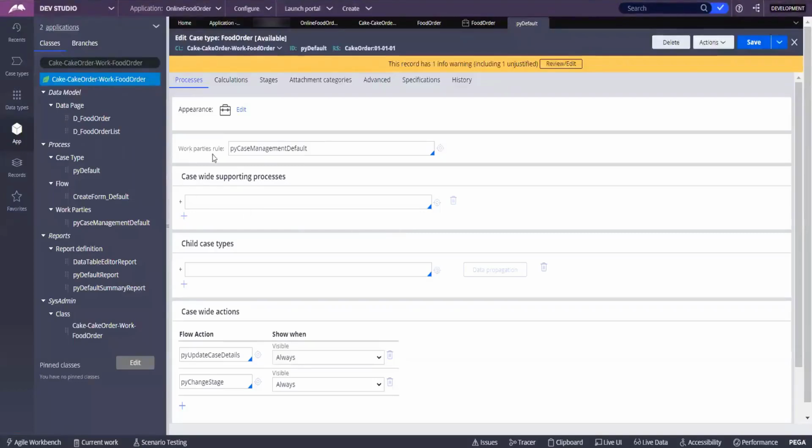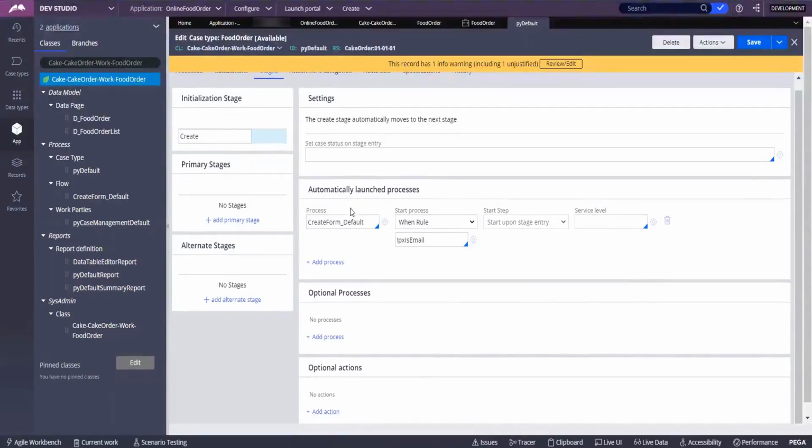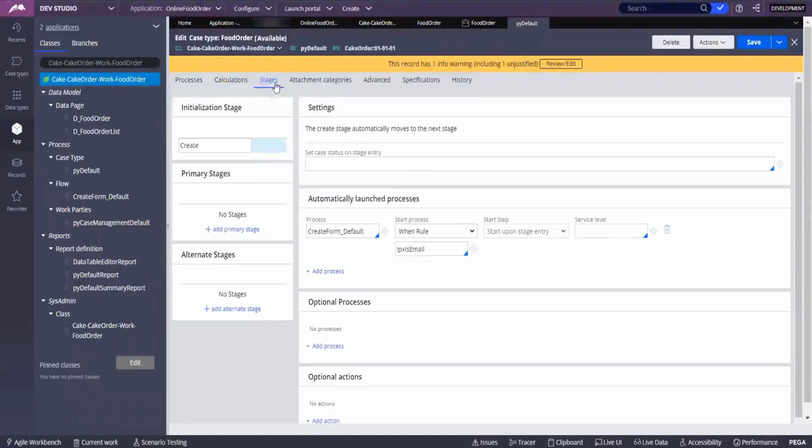Now what you will do is go to stages. Create is the first stage you have. Like there is a when rule, right?